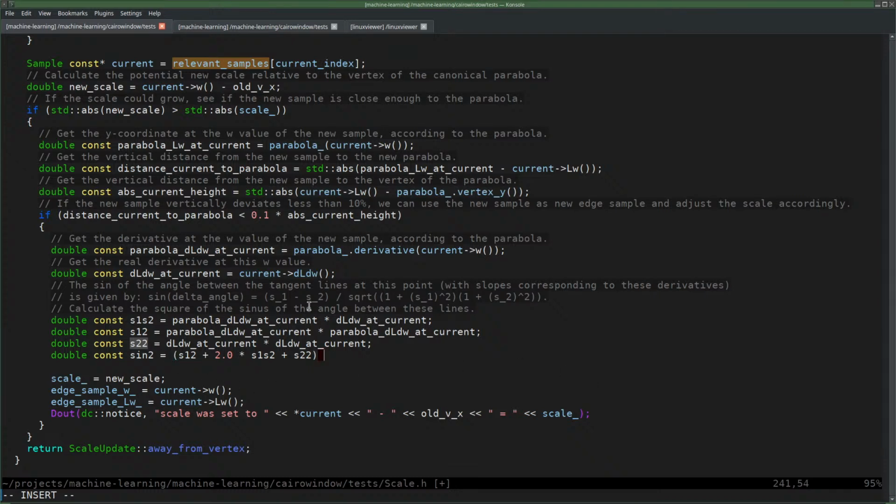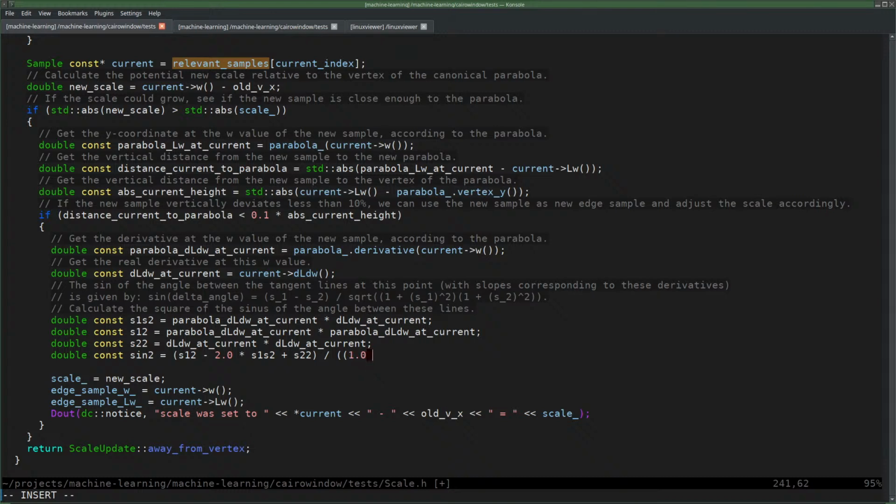That is, well, no. It's supposed to be the square of this. Let's make this a minus. S1 squared plus S2 squared minus 2 times S1 times S2. That's the square of the whole thing. Divided by, and then that square root drops out because we squared the whole thing. So you just get